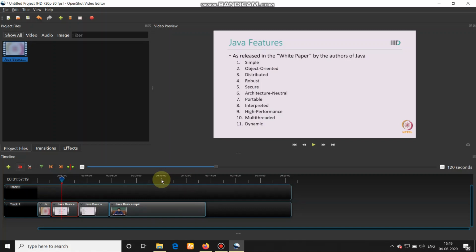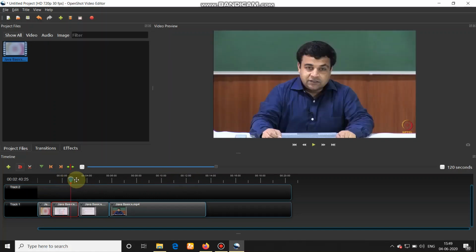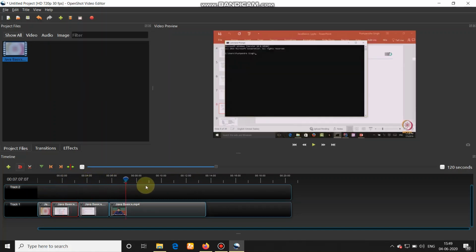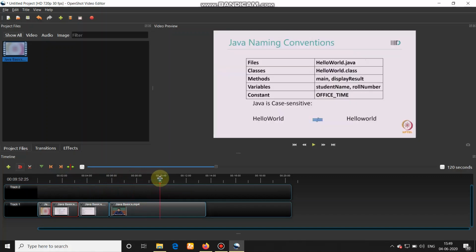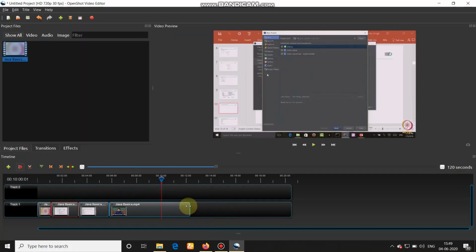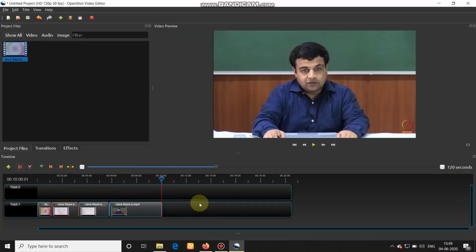So what I can do is just I will move the slider at the 10 minutes and reduce the right side part to the exact location of the slide bar. So it reduces the right side of the slider.